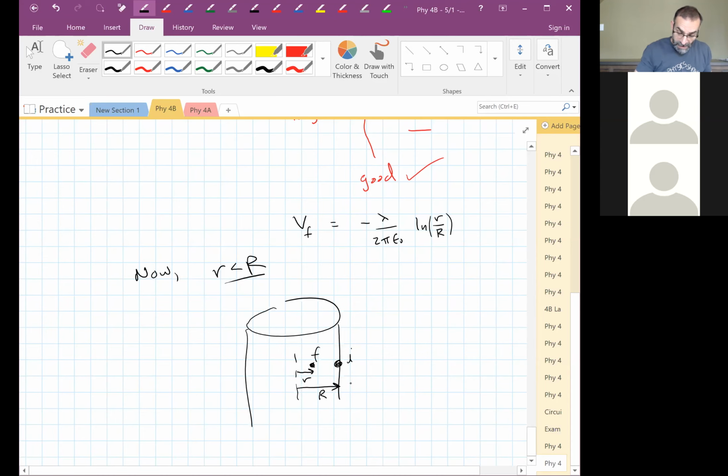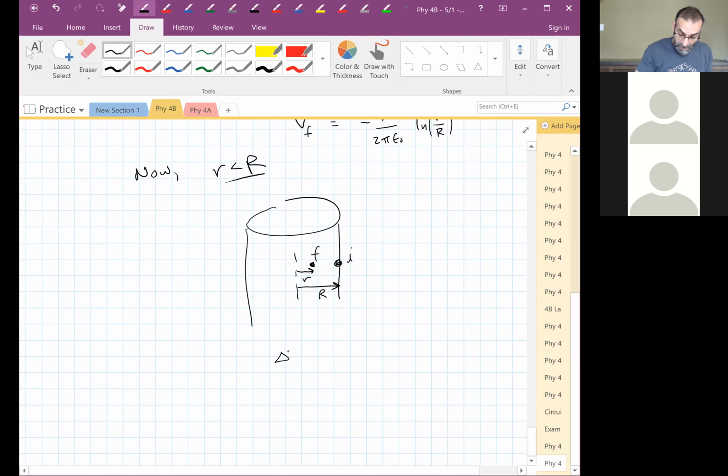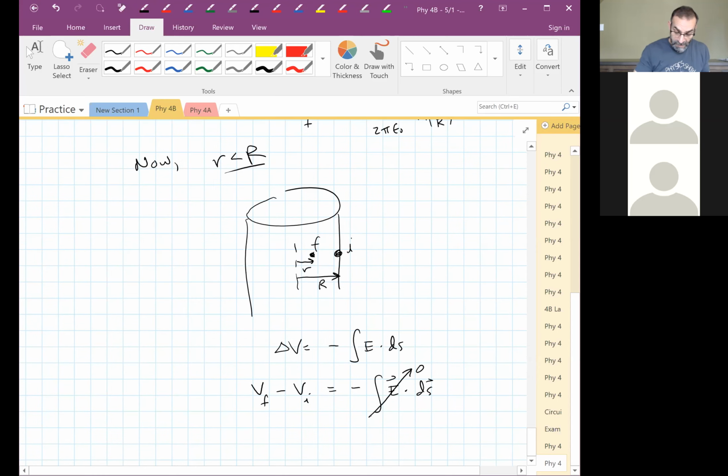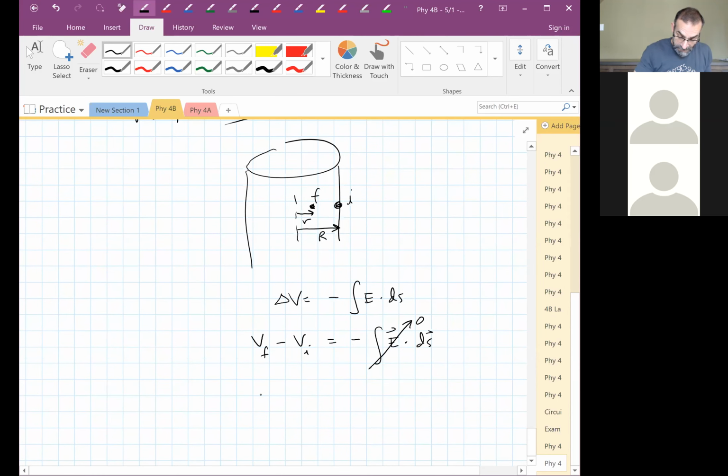So we say delta V is negative the integral of E dot ds. This is going to be V final minus V initial. What is E in here? 0. So delta V